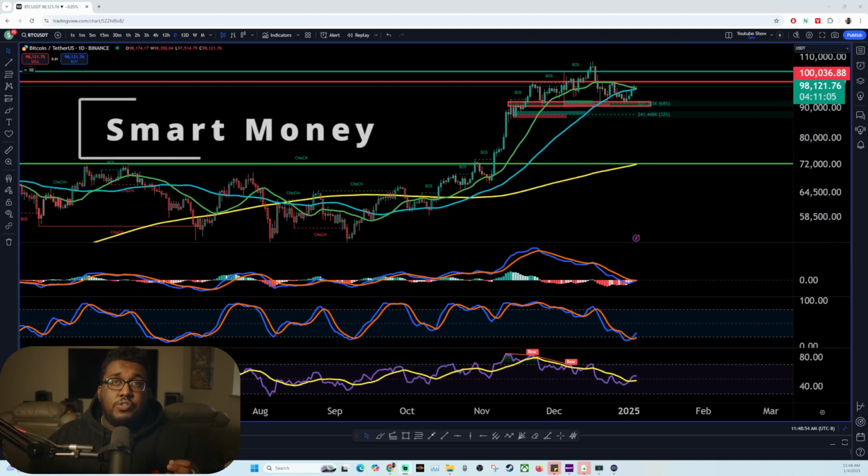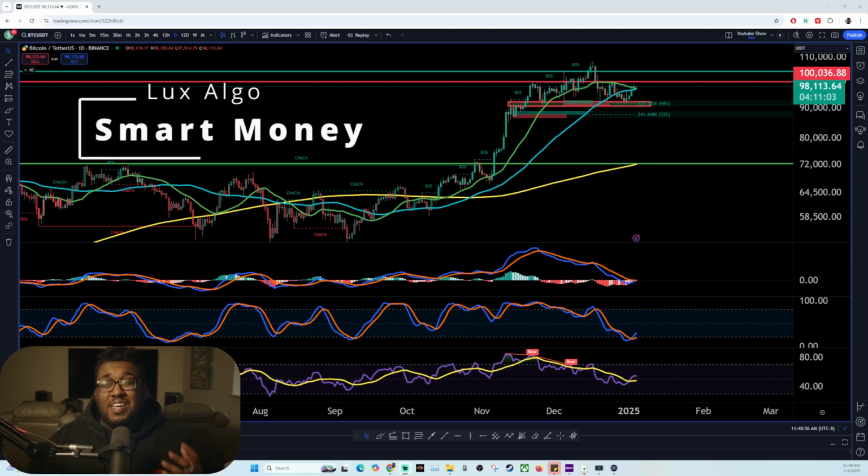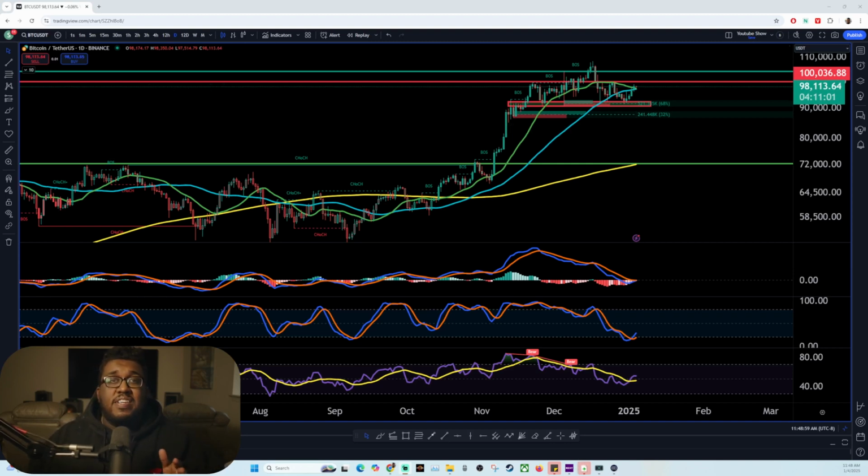Hey everyone, today I'm going to show you guys how to use the Smart Money Concepts tool from LuxAlgo and then break down what each button does so you guys can use it to trade everything from cryptocurrencies to stocks